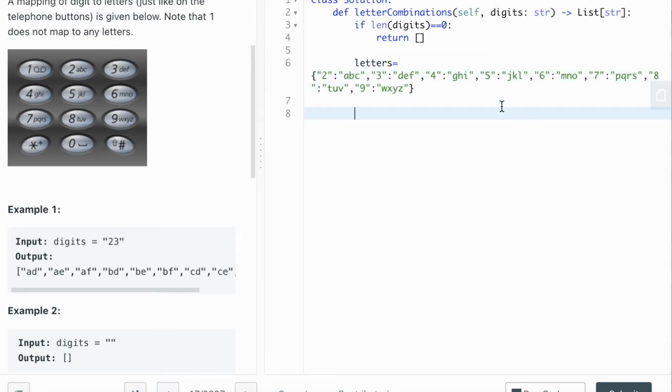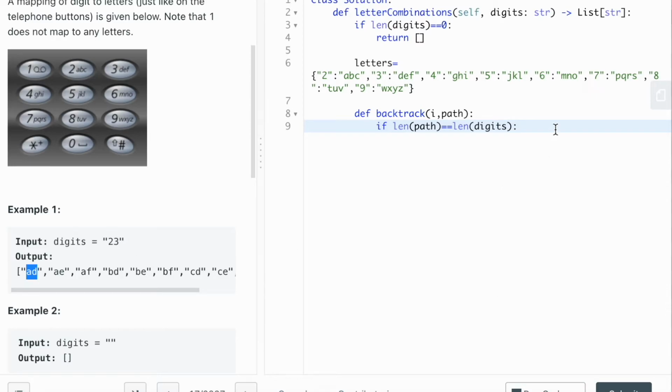This is basically the hash map I created for the mapping, and 2, 3 map to different letters. So I'm going to define the backtrack function and pass two parameters. One is i, which is the index to help me keep track of the digits, and the second is the path. The base case will be if the length of the path equals the length of digits. That means the path we found is AD, so we already found the answer because it's the same length